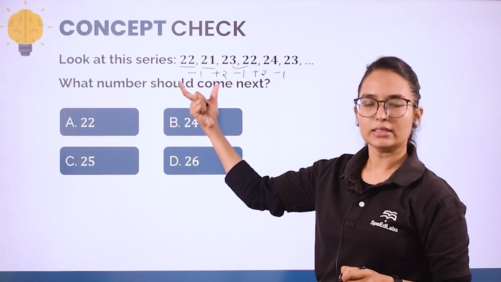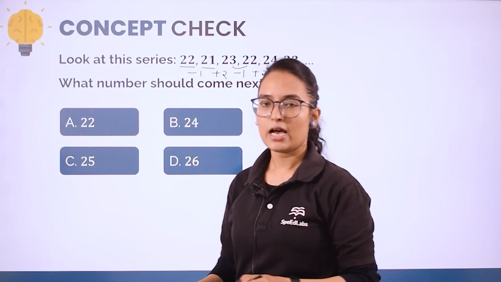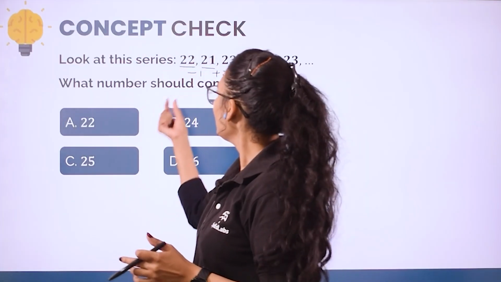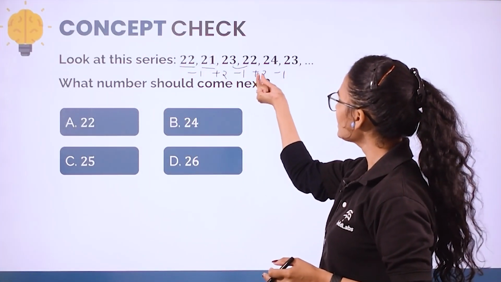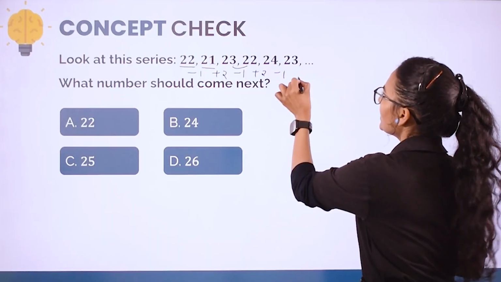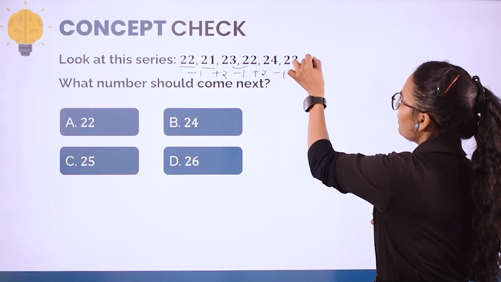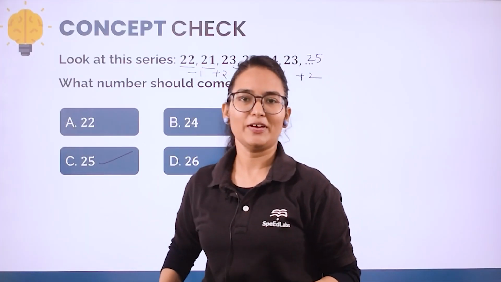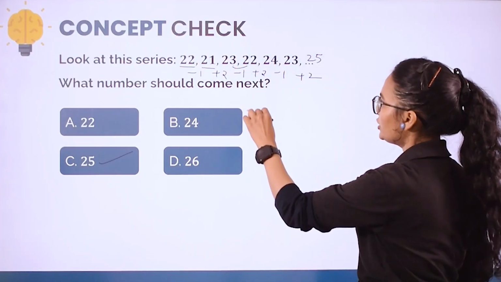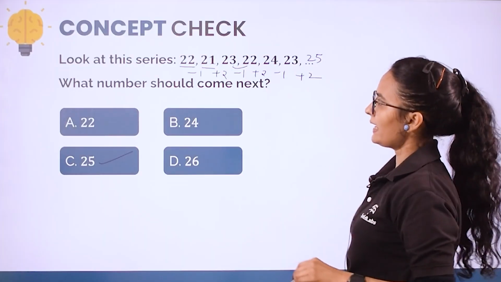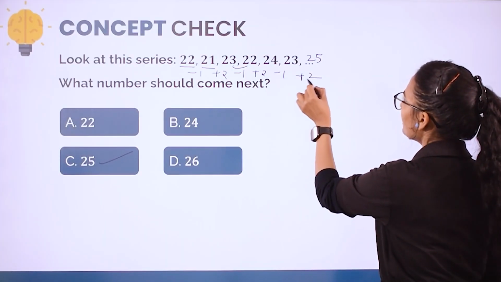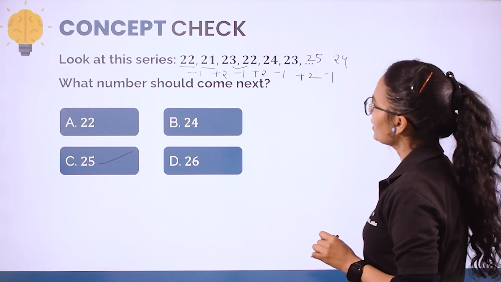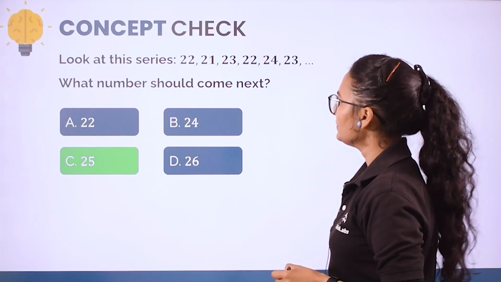So what is the sequence here? Usually in the competitive exams they give you logics in combination. So what is the logic here? Minus 1 plus 2, minus 1 plus 2, minus 1. So this is minus 1, the next one will definitely be plus 2. 23 plus 2, what is the answer? 25. Where is 25? Here. This is the correct answer for this question. So this is a combination of logic, minus 1 plus 2, minus 1 plus 2, like that. If I ask you the next number, again it will be minus 1, so this will be 24. I hope this is clear.